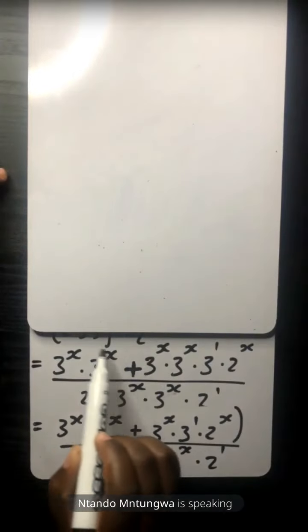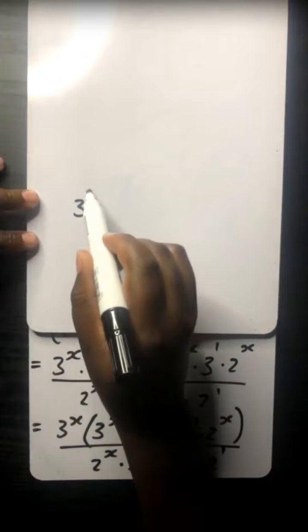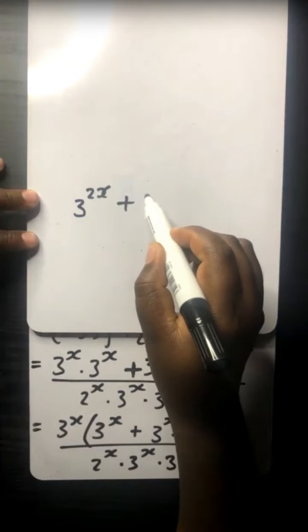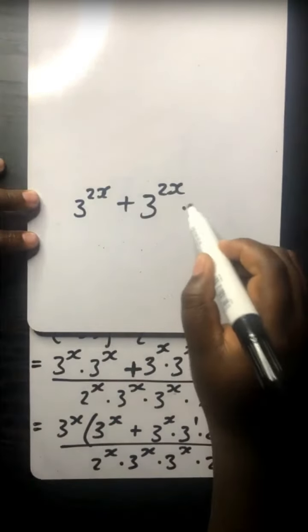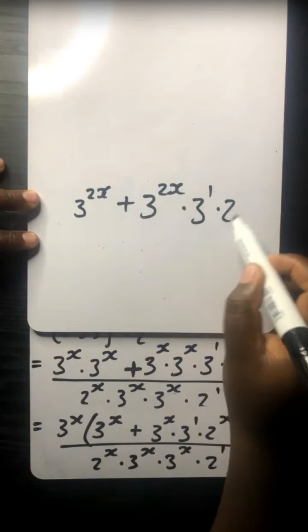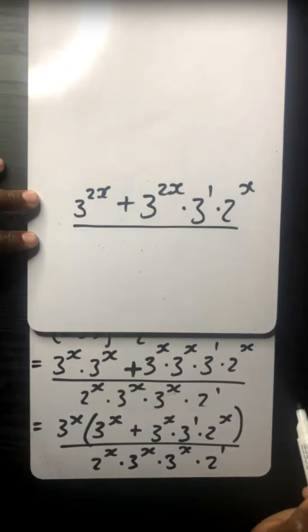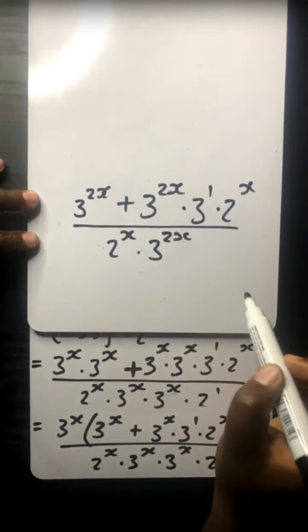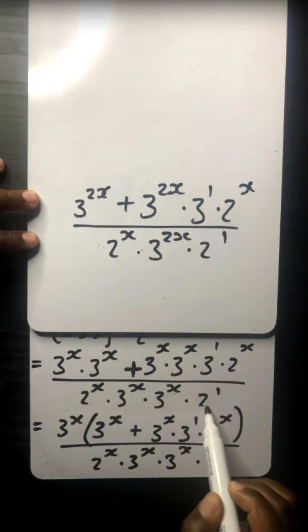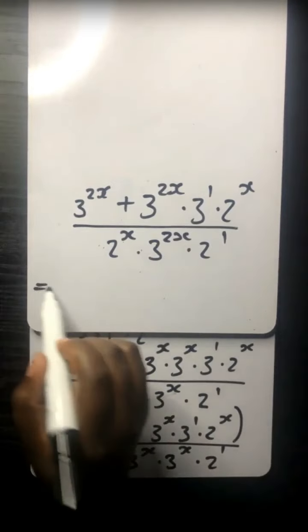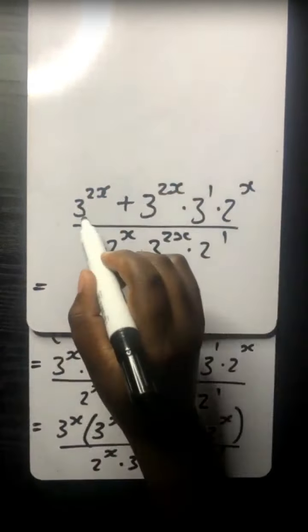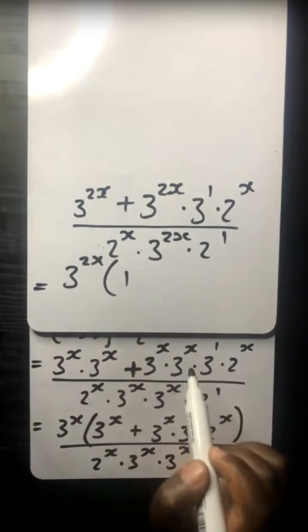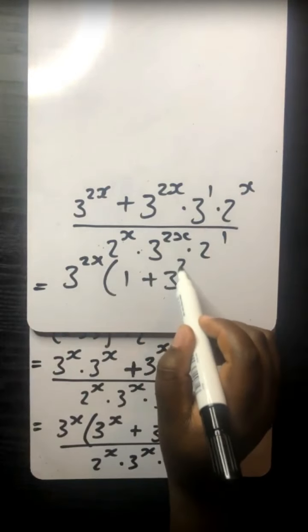I wanted to say the whole of that is the same as 3 to the exponent 2x. This also is a plus in between, then it's 3 to the exponent 2x multiplied by 3 to the exponent 1 multiplied by 2 to the exponent x over 2 to the exponent x multiplied by 3 to the exponent 2x multiplied by 2 to the exponent 1 over there, which means when we take out a common factor, guys, it's going to be 3 to the exponent 2x into, then this is where I can write 1 and say plus a, no, in this